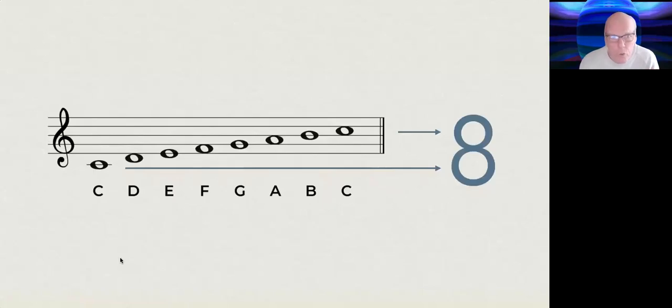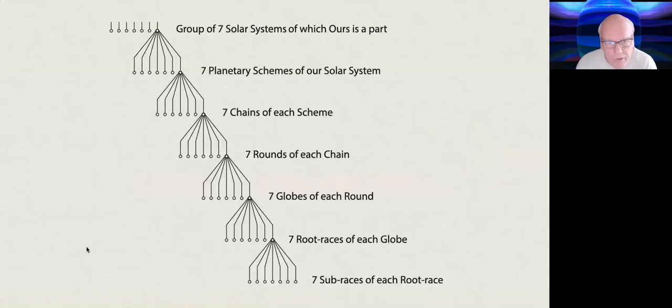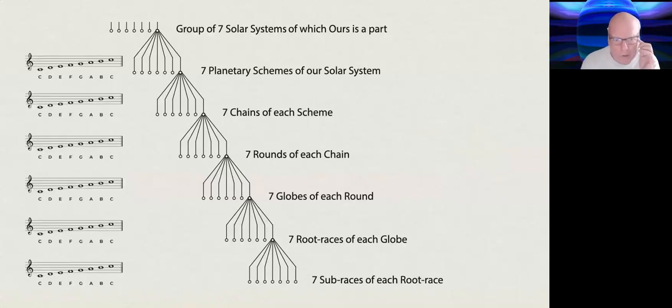We can also see it graphically in the 2 circles that make up the numeral 8, which, like the Christ principle, which is also expressive of this number, circulates its energy into its lower expression. The relative perfection of the number 7 can be illustrated in the progression of subraces, root races, globes, rounds, and chains, which have a direct relation to the notes of the major scale.